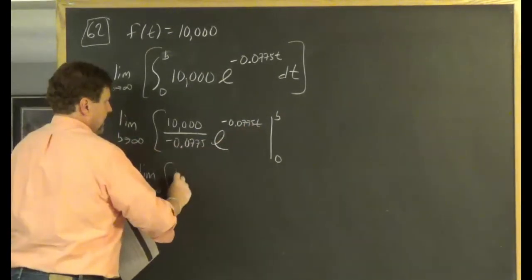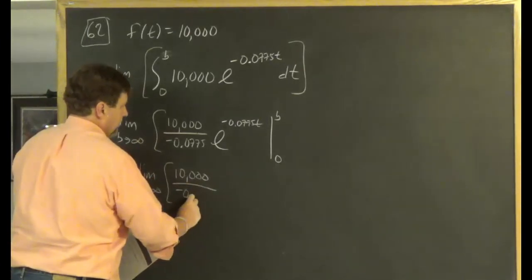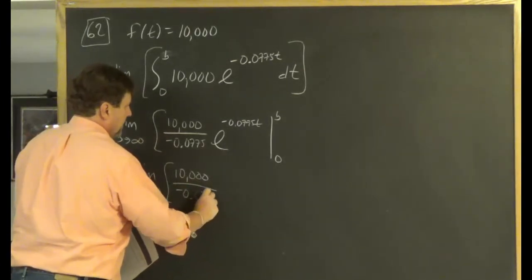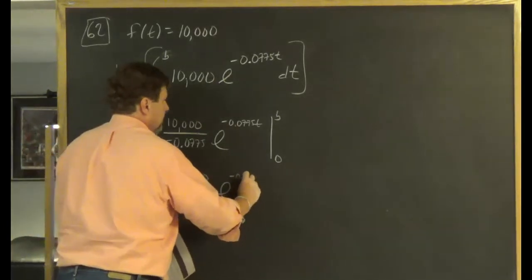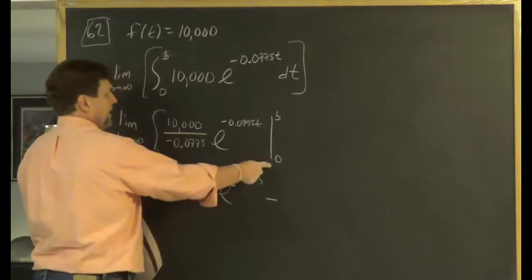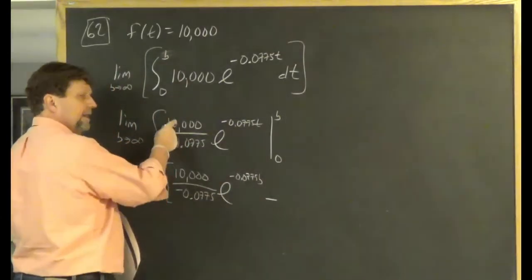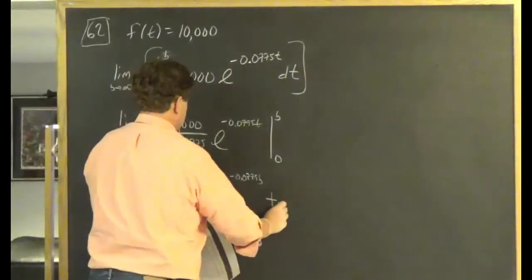So b comes in here, so you have 10,000 over negative 0.0775 e to the negative 0.0775b minus, now the 0 goes in, and again this quotient's negative, so minus a negative, so that's plus